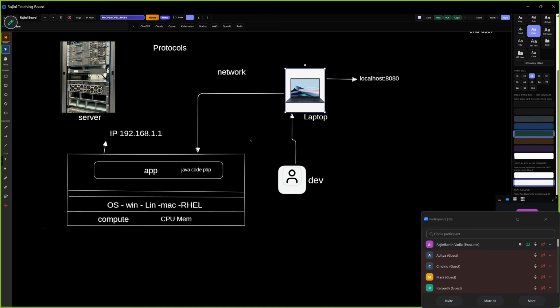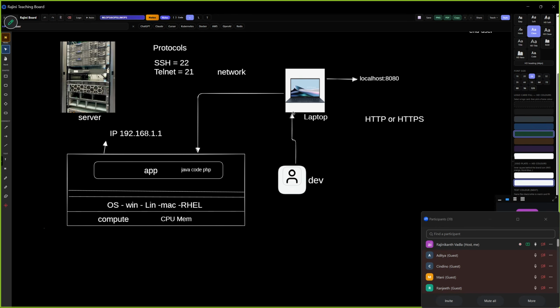So from laptop to server, you can communicate via the SSH protocol, which is port number 22, and the Telnet protocol is port number 21. But to connect to the application, you will connect through the HTTP or HTTPS protocol.